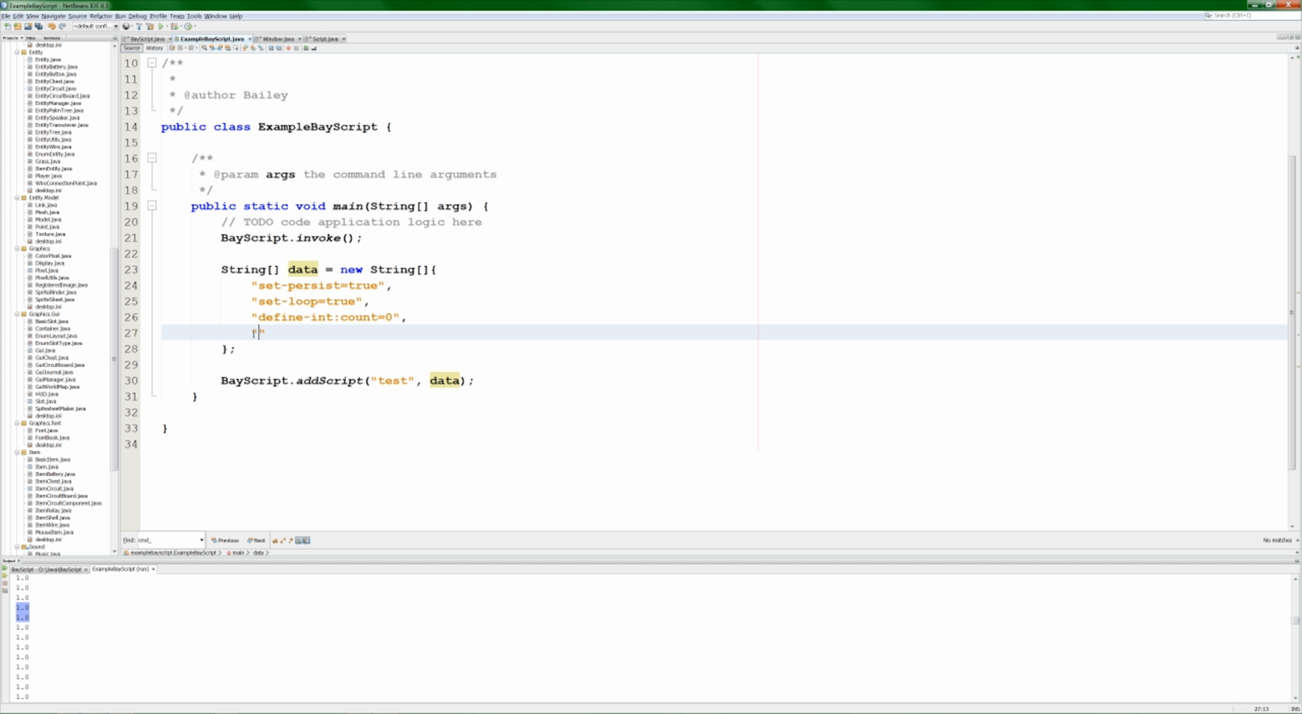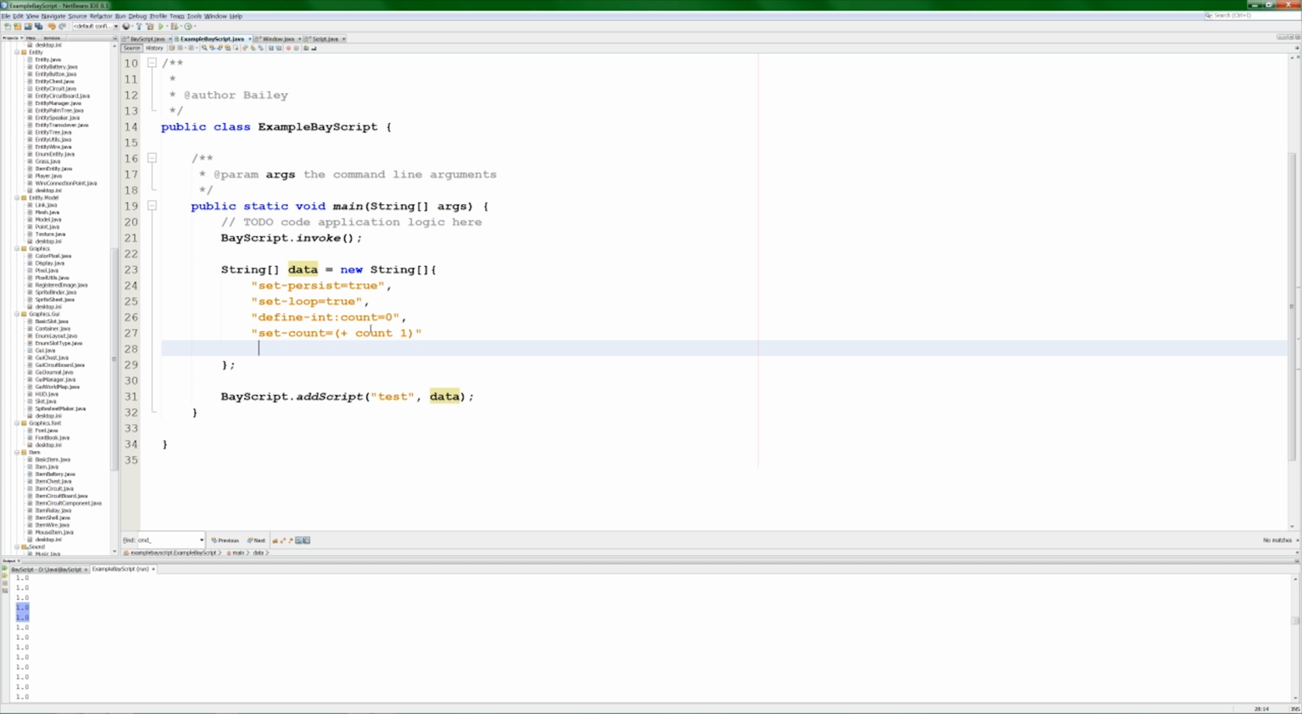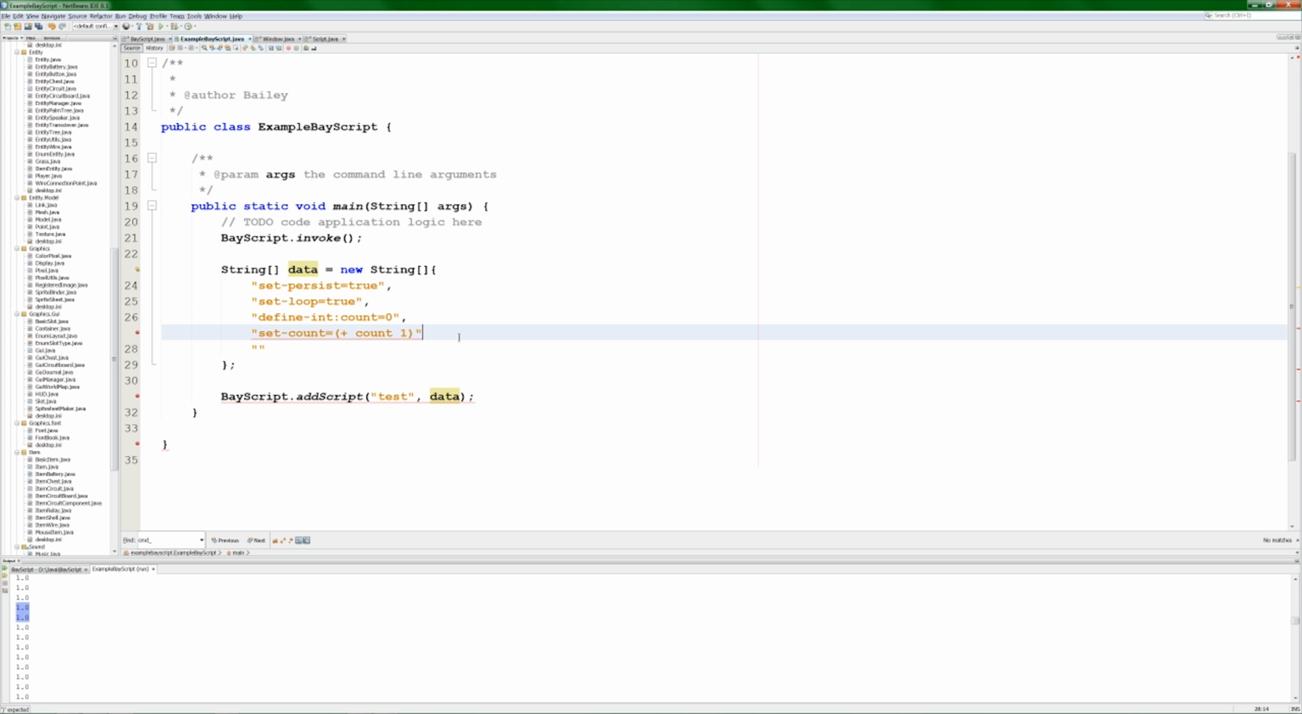What I would do is I would type set, and then the variable that I want to set is count, equal to, and then the new value is going to be plus count 1. So count is going to be set to its current value plus 1. And it should return an increasing set of numbers. So if I put the comma here and the comma here,